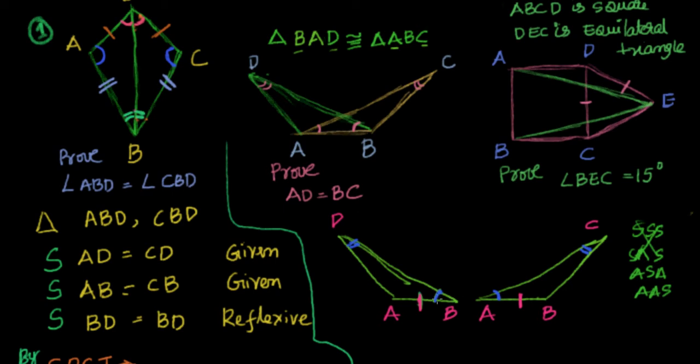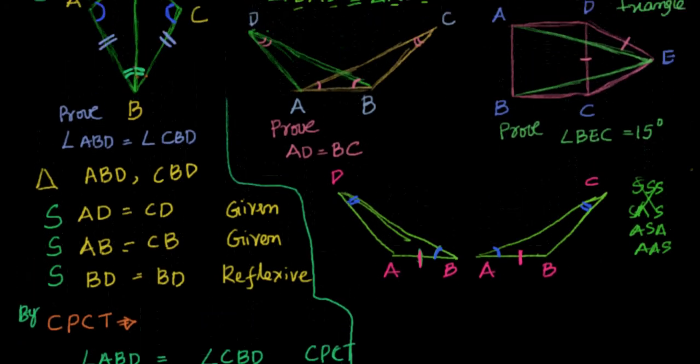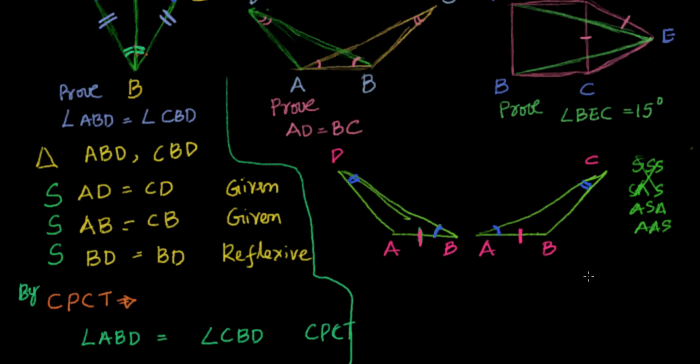See here, my starting angle given is for B, here it is A. So B and A take the first position. Then, I just prefer to say at the end I have these two angles equal, so I will put down D and C at the end, and automatically the remaining will fit in. So it becomes BAD equal to ABC. Right. Now what congruency have we taken here? Can you tell me?